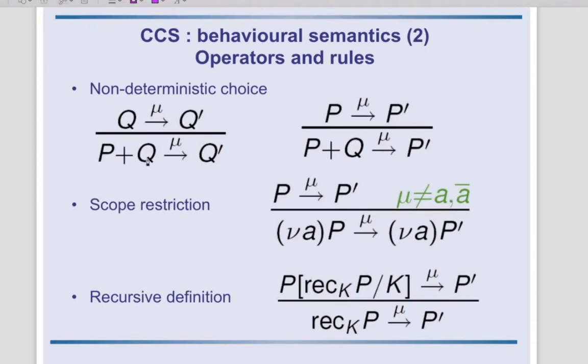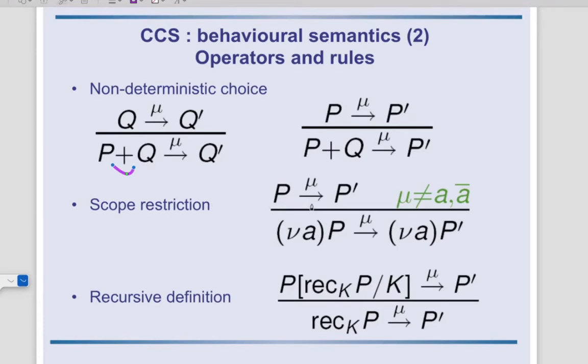Then you also have non-deterministic choice, remember, the plus operator that says, I either do P or do Q. So if I have P plus Q, I can just follow the reductions from Q. This is true only if Q can be reduced. So if, for example, it's a communication that cannot occur for some reason, then Q will not be able to reduce. It might be P that does. So it's a non-deterministic choice, but provided the chosen process can do something.